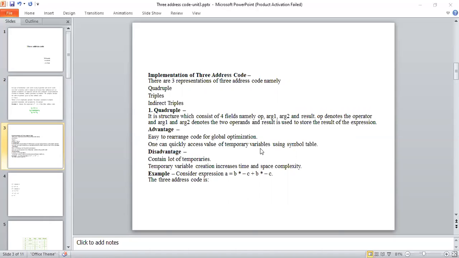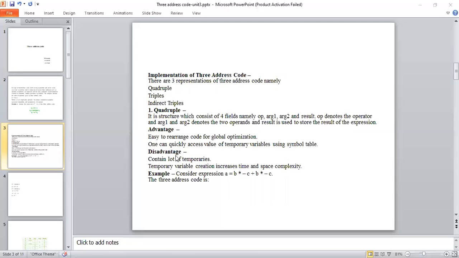During the operation, the content is stored in the symbol table, which is a data structure. From this data structure, we can quickly access the values of temporary variables, because during the execution of the program, the values are temporarily stored in those variables. So this is an advantage of quadruples.